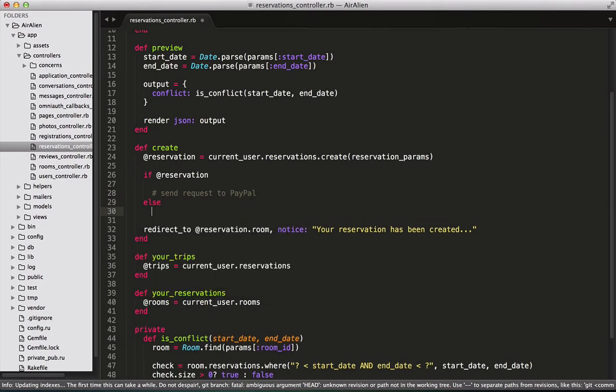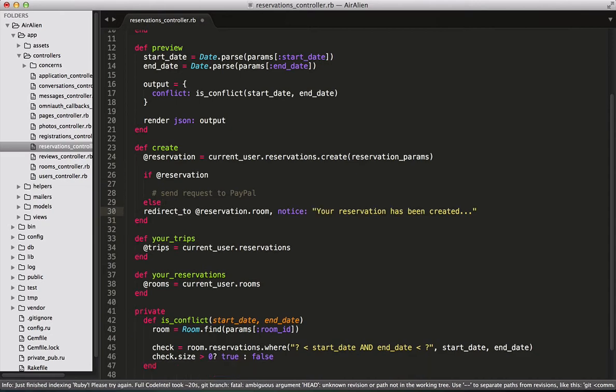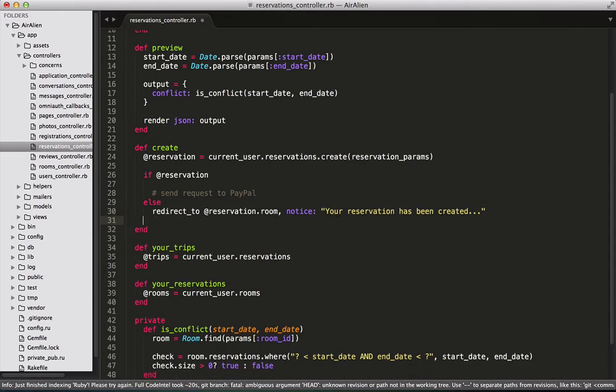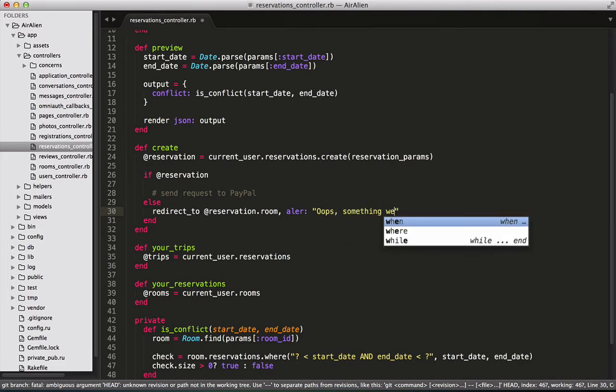Otherwise, we just redirect back, and here we say alert. Let's say, oops, something went wrong. Alright, so if for some reason you can't create a reservation, then you just redirect back to the room page with the alert. Now for the request sent to PayPal,